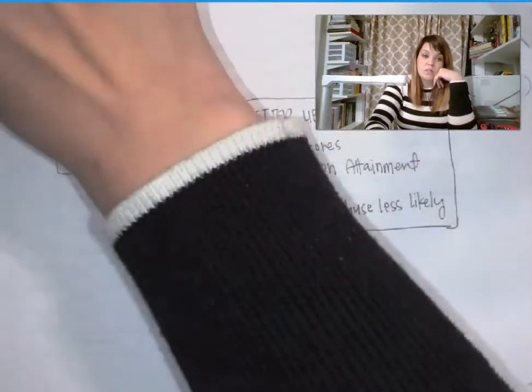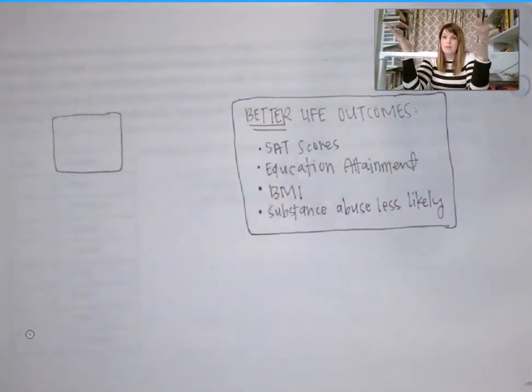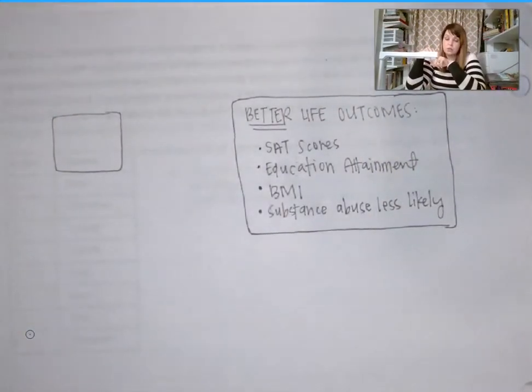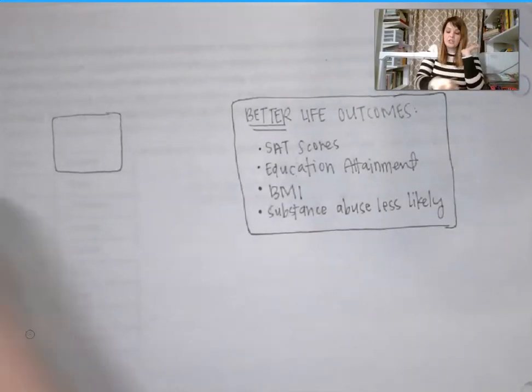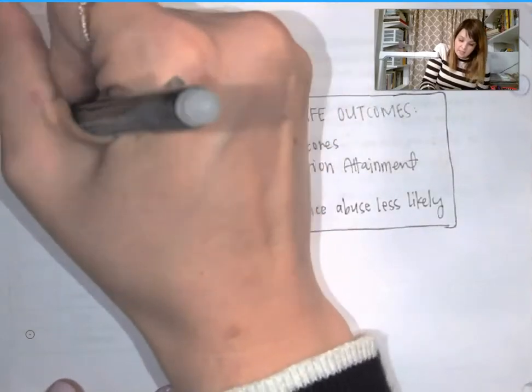So they found that the kids that waited had better life outcomes. Their SAT scores were higher. They were more likely to graduate high school, go to college. Their BMIs were lower, and substance abuse among that group of kids was less likely. So the question here is, did waiting